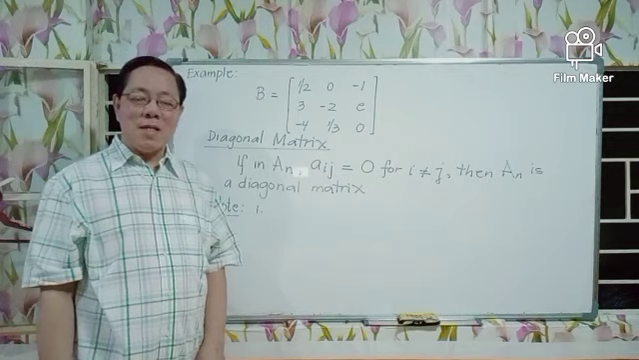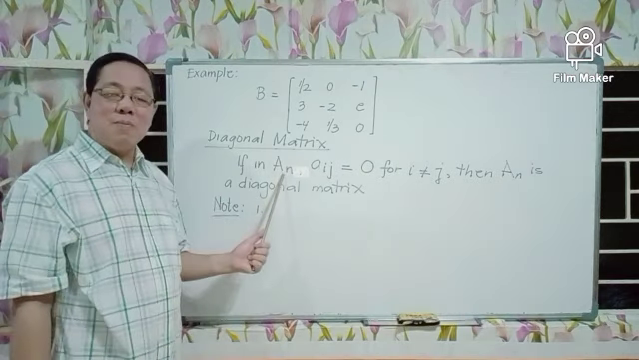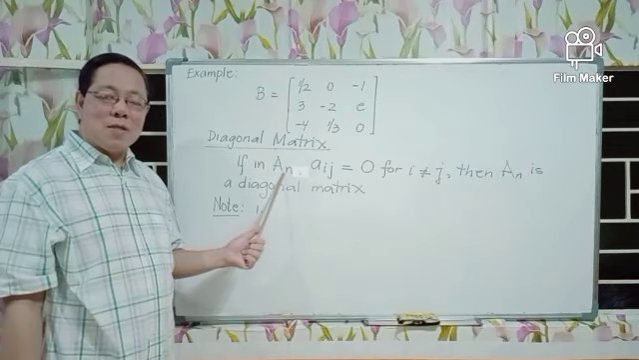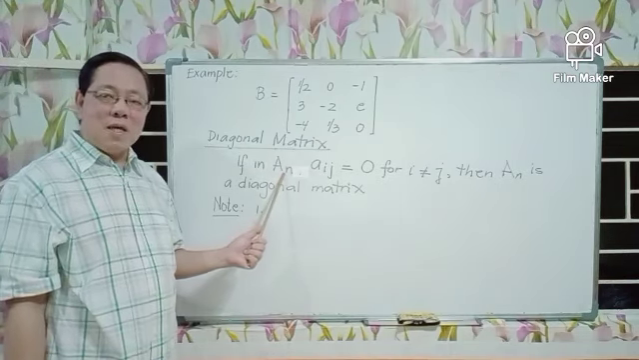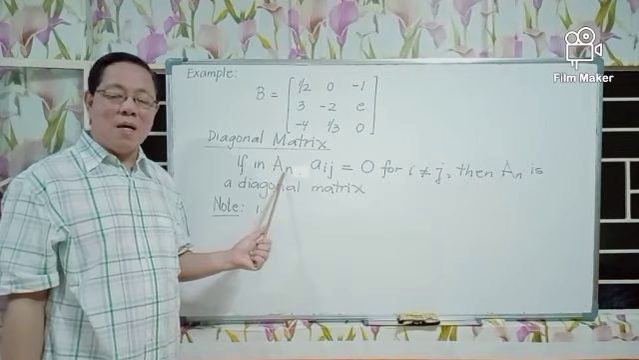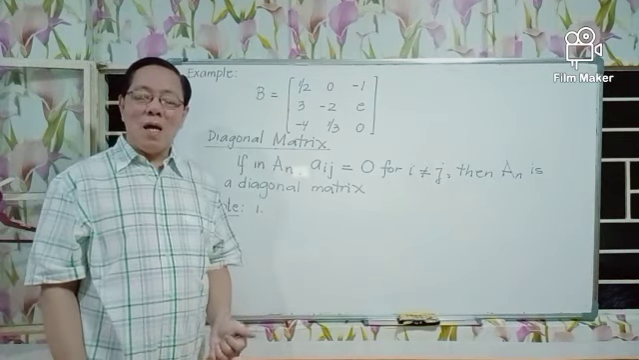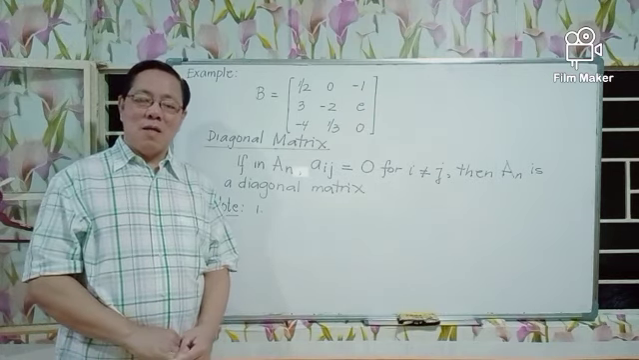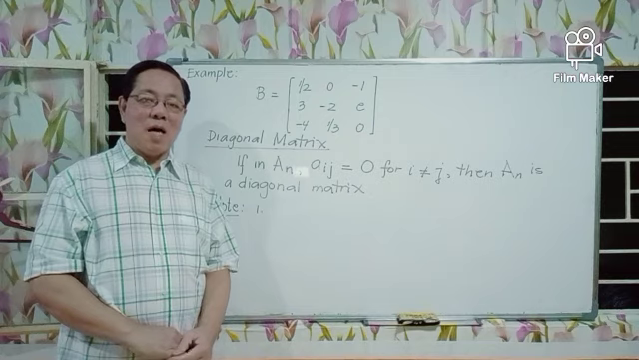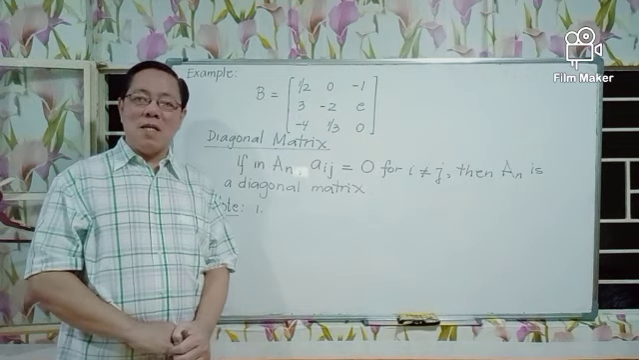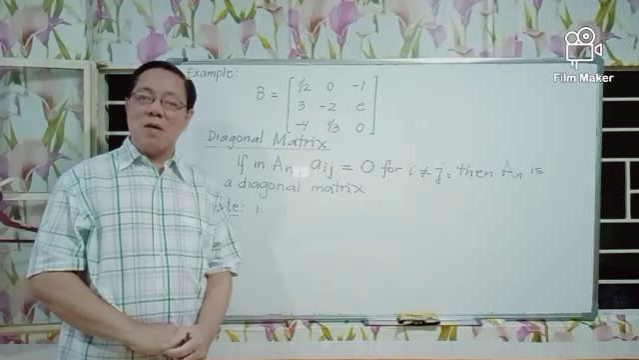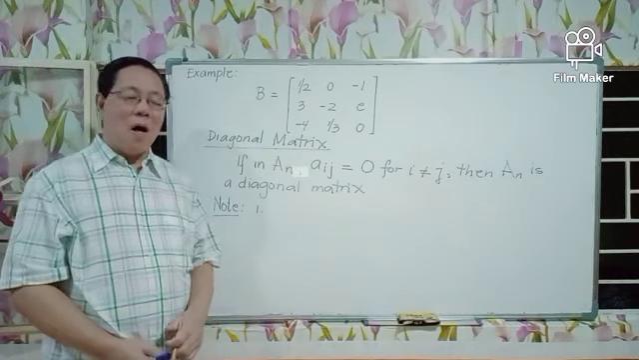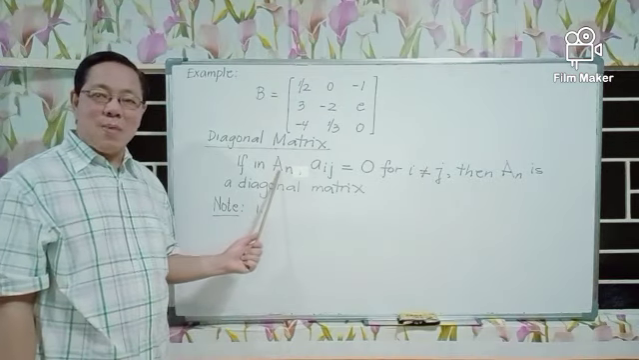The diagonal entries of this square matrix A sub n, or the diagonal entries of this diagonal matrix A sub n, are denoted by A sub ij, where i is equal to j. And we denote these diagonal entries as simply d sub i, because i is equal to j. So the diagonal entries of the diagonal matrix A sub n are